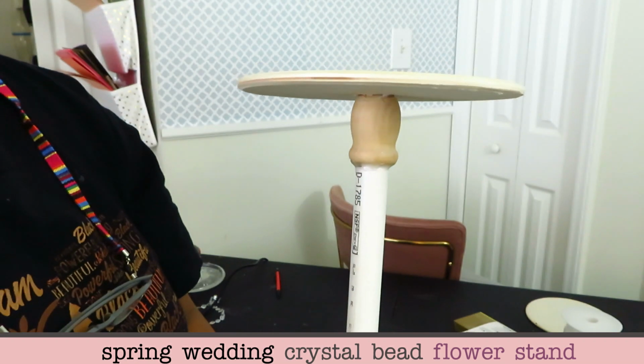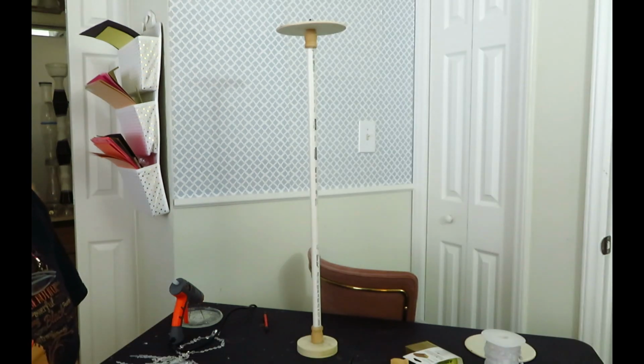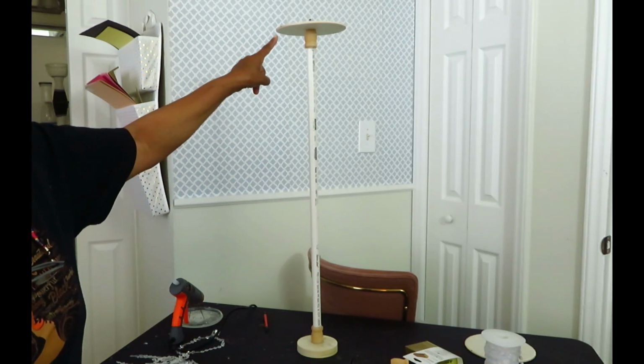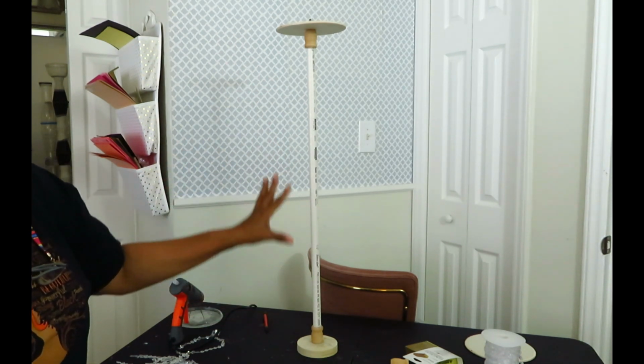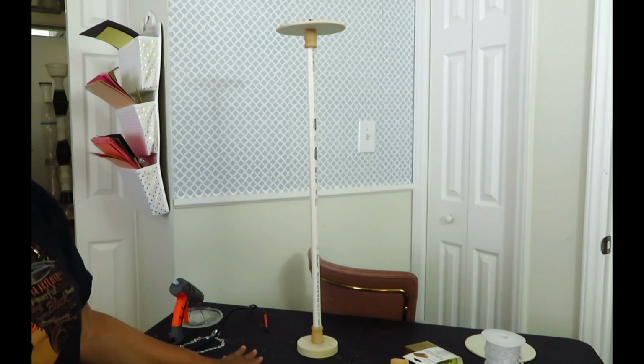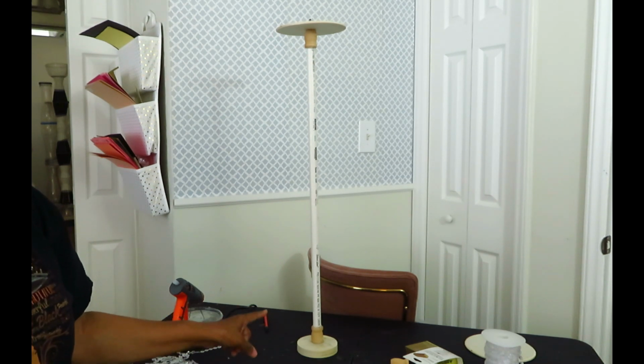This is what the top looks like. So now our project is completely straight. Okay, so now we have our top part, and then the smallest piece is on the bottom. So this looks really, really great. I'm going to go ahead and do the last part of this and then take this outside and spray paint